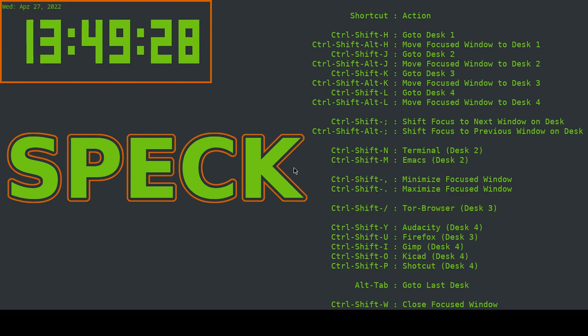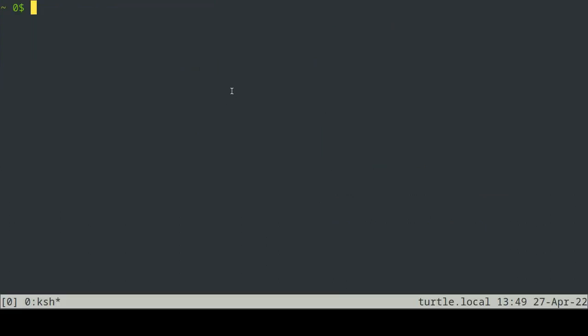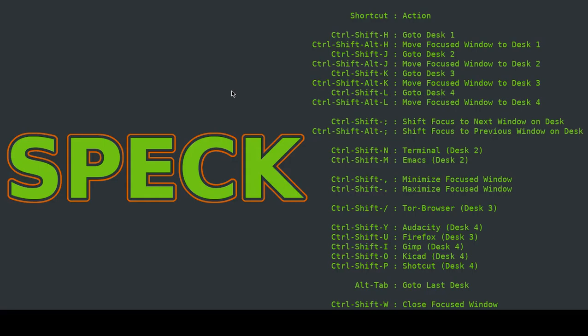All right. So I'm switching to DWM, sort of. I'm switching to a window manager that I've sort of created, or sort of copied from DWM and stripped out all the parts that I don't like or don't need, and just called it Spec. And it's available on my GitHub at